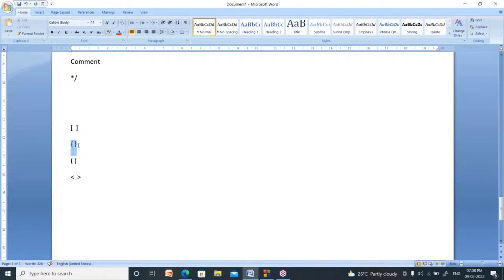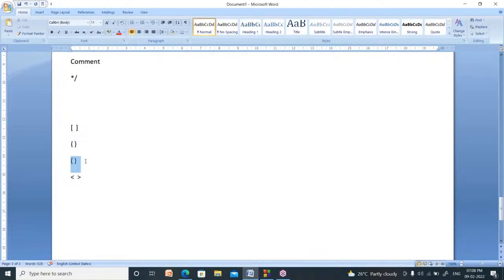After the main method, you use open curly bracket and closing curly bracket. These two indicate the beginning of a block or function, and the ending of a block or function. These two I did not use in my program. These two represent an array. Array is a concept in C programming. I will explain later, right? So these four types of brackets you can use.